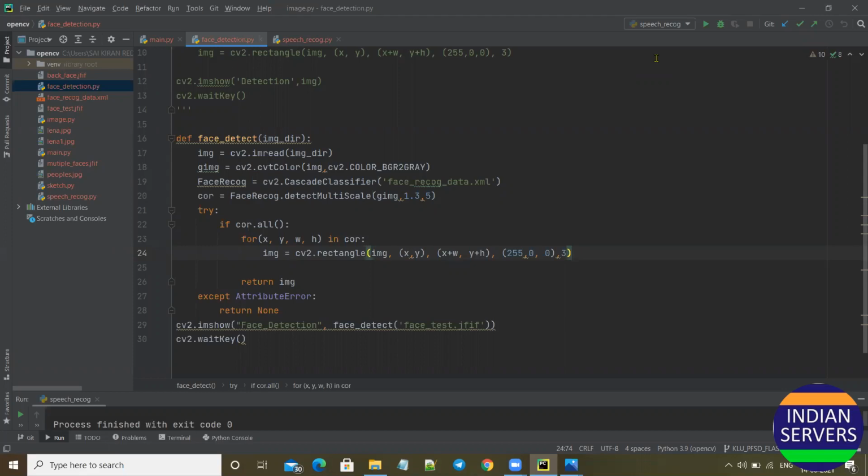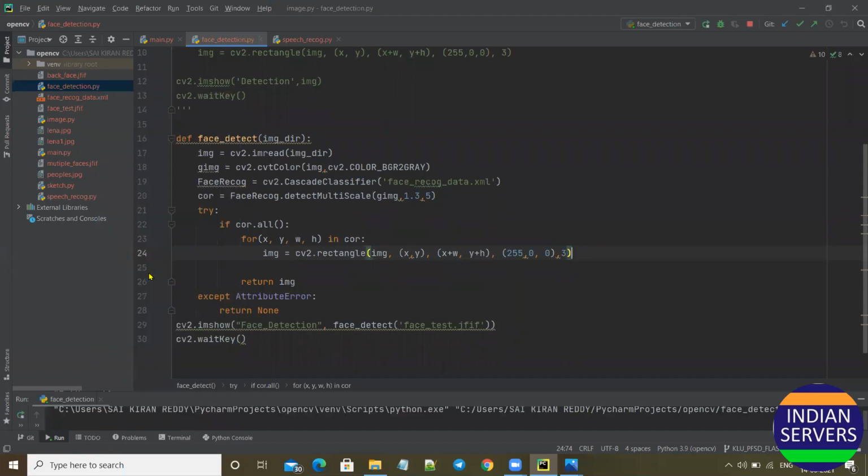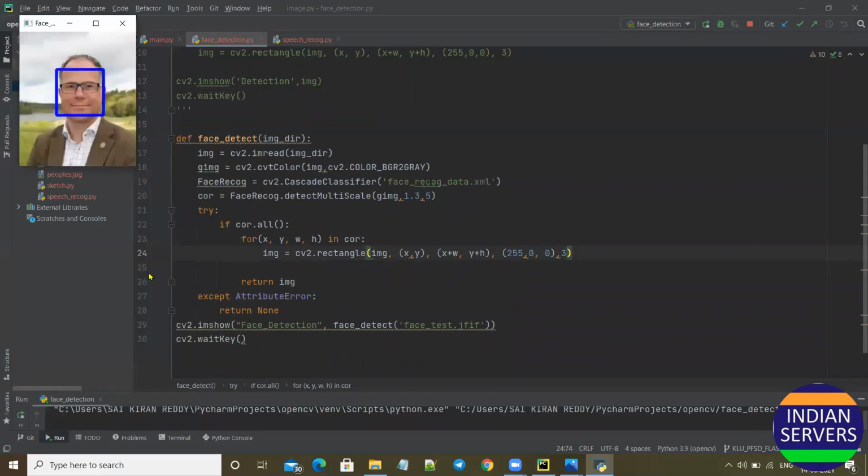In the past few years, face recognition has gained significant attention and is appreciated as one of the most promising applications in the field of image analysis. I am going to run my project. Face detection is a computer technology being used in a variety of applications that identifies human faces in digital images. Here we can see the output, the image face, which considers the blue box as a face detection.